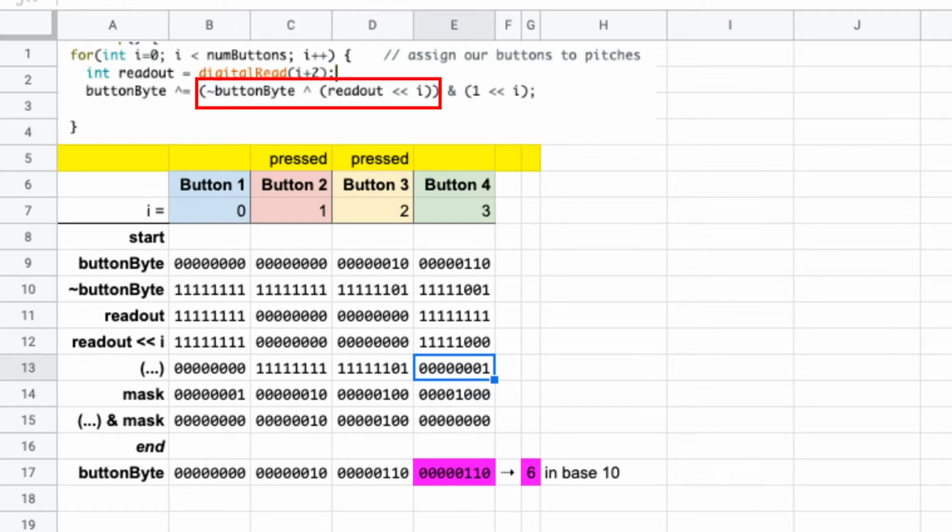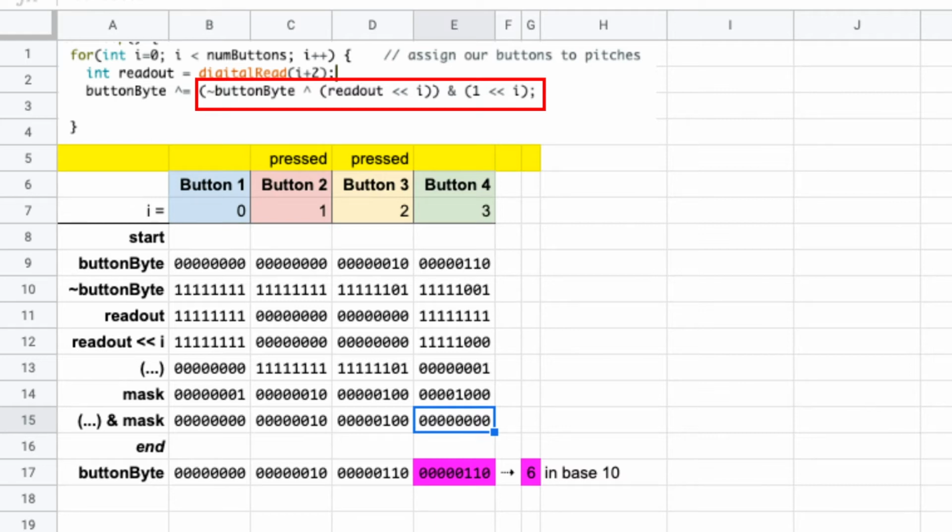But that's not what we want, because that button is off. We don't want that one there. And luckily we have a mask here, and that mask is telling us that we only care about the fourth from the right digit. And that's exactly what we want. And so now we take this mask and we bit and operate on it for the value we calculated. And because nothing here is a 1 in both cases, we end up with all zeros,